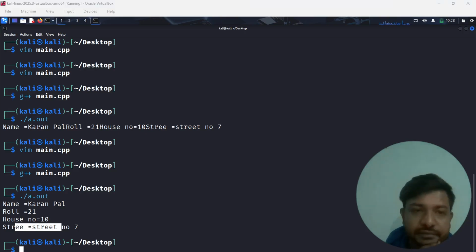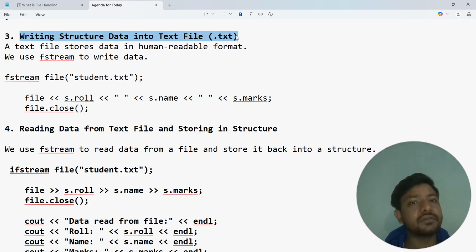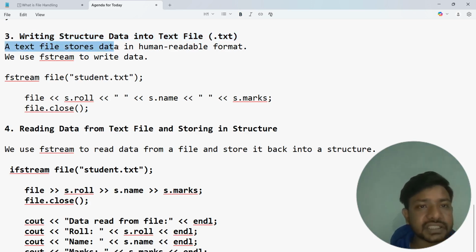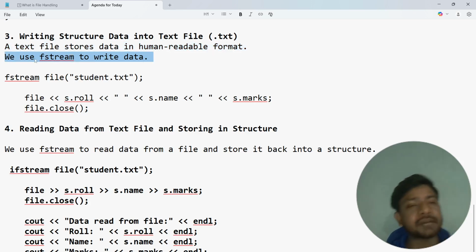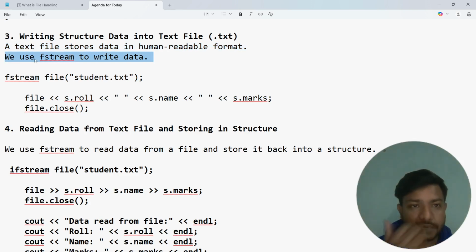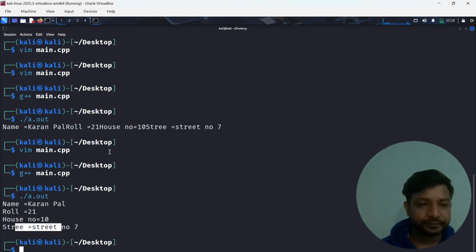Now next topic is we are going to cover the next topic like write the structure data into the file। Okay, अब हम क्या करेंगे, जो स्ट्रक्चर का डेटा है we will write into the file। So फाइल क्या होता है, टेक्स्ट फाइल होता है, स्टोर द डेटा इन ह्यूमन रीडेबल फॉर्मेट एंड इसके लिए हम यूज करेंगे एफ स्ट्रीम नाम की क्लास जो कि डेटा को राइट करेगा हमारे उसमें। ओके, तो एफ स्ट्रीम नाम की क्लास को हम यूज करेंगे।